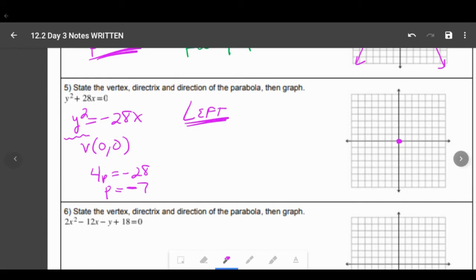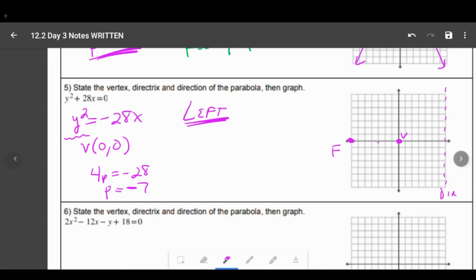Okay, so hopefully you see that. When I start here from my vertex, I'm putting the V's on there to help you. It's up to you. If I go 7 steps, 1, 2, 3, 4, 5, 6, 7, I run to the end here. That's where my focus is, because it's opening left, the focus is always inside the parabola. Remember that. So if I go 7 steps to the right,